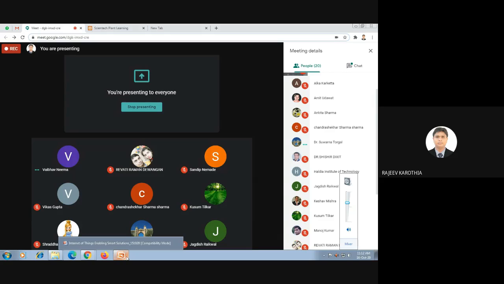What are the different sensors? How you can make these devices? So in the next session, I'm going to tell you about the hardware kind of thing. So what are the different hardware you need to make your application? In agriculture, we can make some devices to monitor the crop health. Crop health in terms of like either you have to monitor some soil parameters or you have to measure the plant health, like leaf wetness, trunk diameter.